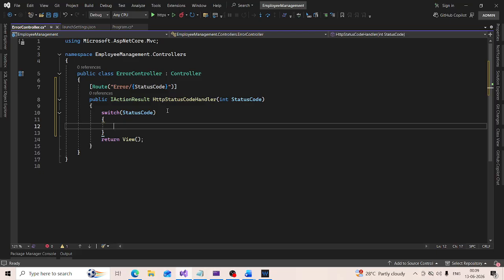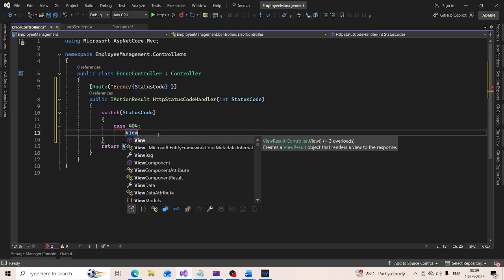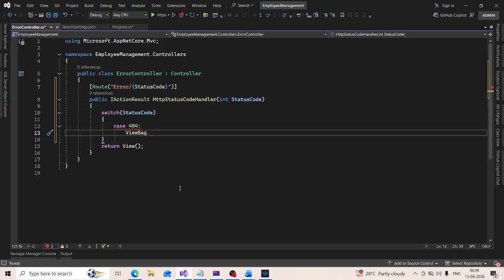If the case is 404, on the ViewBag object, let's include an ErrorMessage property and set it to